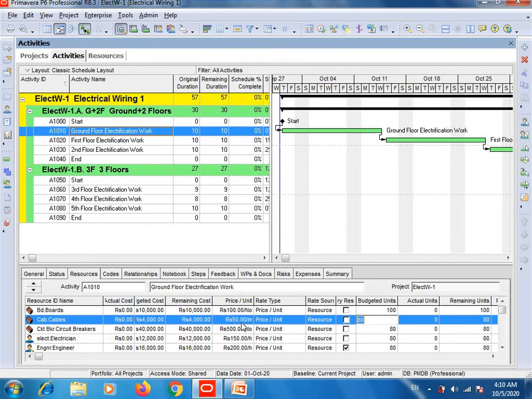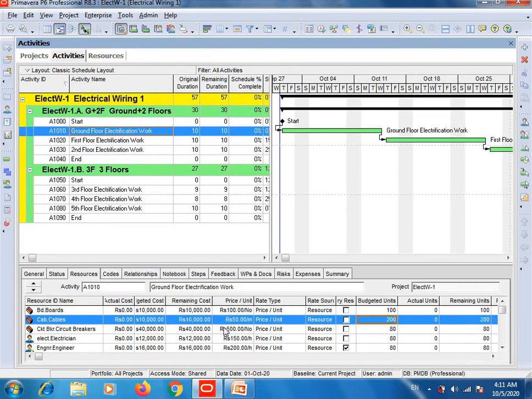By default this rate is selected, and I will assume that the cable price is 50 Pakistani rupees per meter. So I will write in the budget unit column how many meters of cable will be used. For example, in this first activity 200 meters of cable will be required to complete this activity, and press enter.